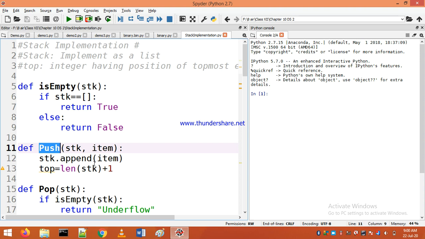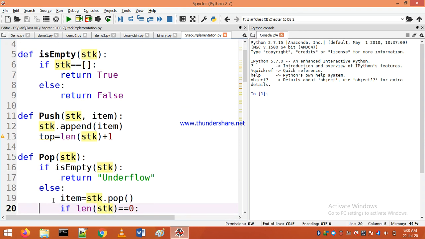And the next function is pop. So pop function is used to delete the data from the stack. Okay. So here def is a keyword that is used to create a function. Pop is a function that we are going to create. Stack is the argument. It is passed inside the pop function. Now in the pop function, first we will check the underflow condition. If is empty means if our stack is empty, then it will return the underflow condition and it will not delete any item. Okay, our condition is false means we have some data items in the stack. Then we will process the pop operation.